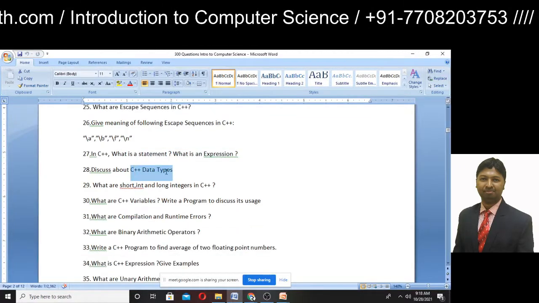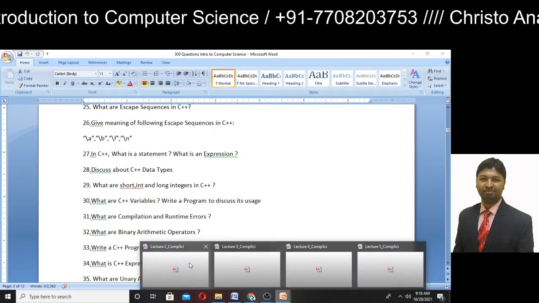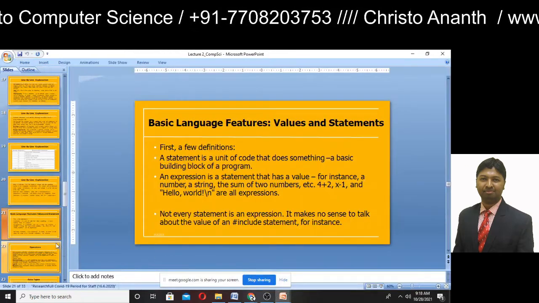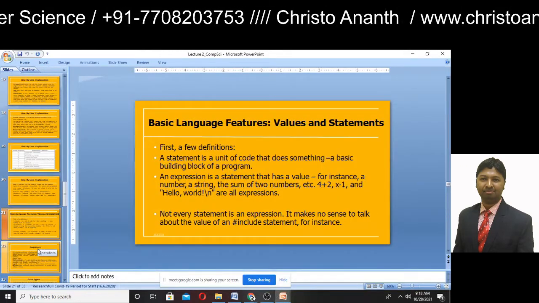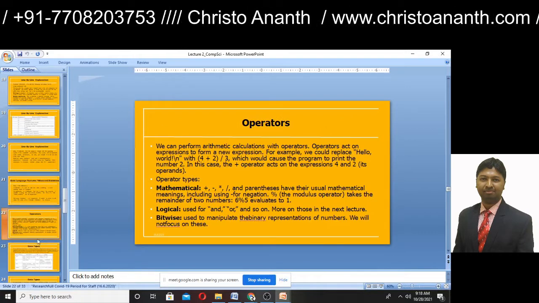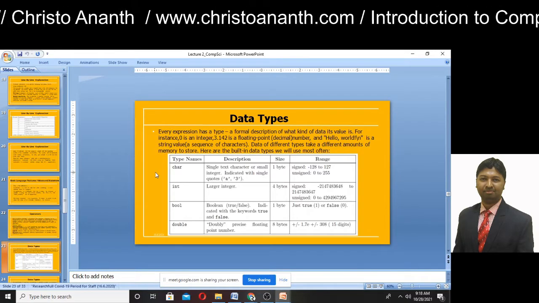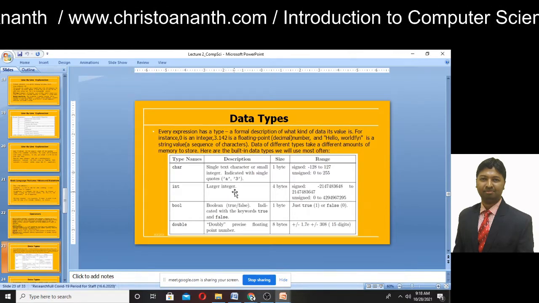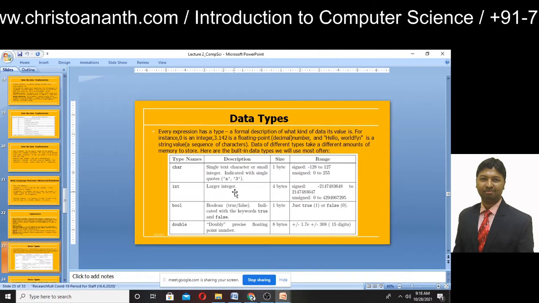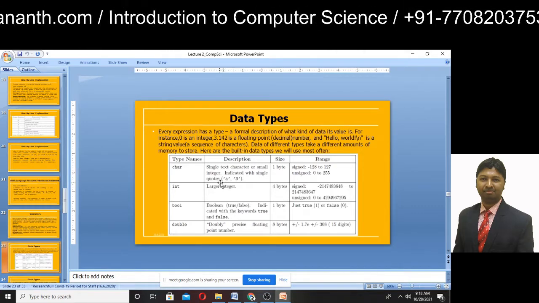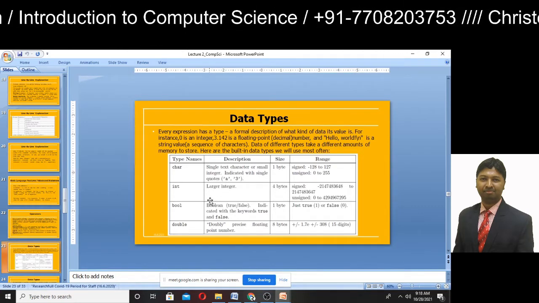Discuss the C++ data types. You can talk about the data types in C++, like floating point values, signed integers, unsigned integers.